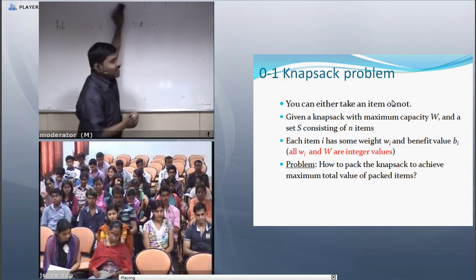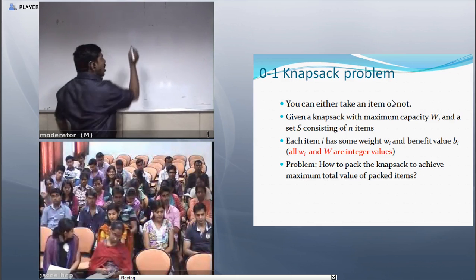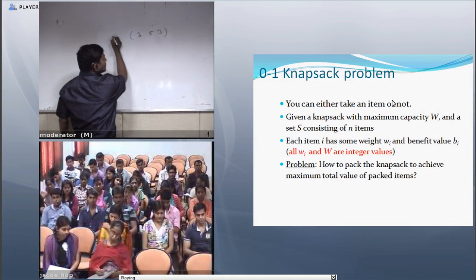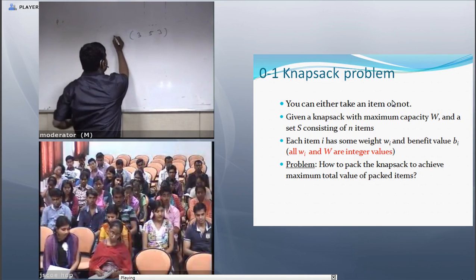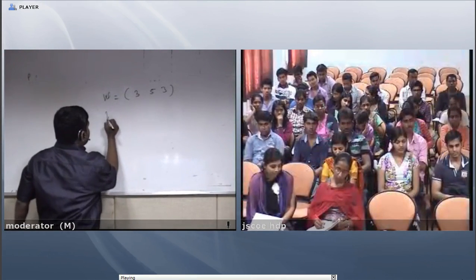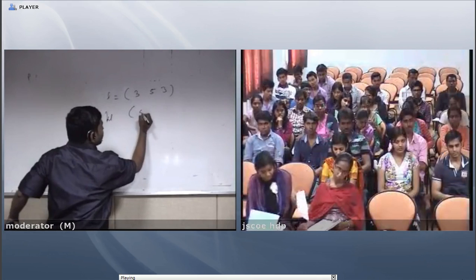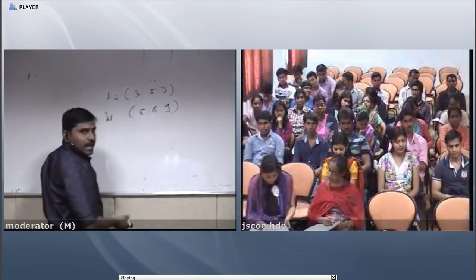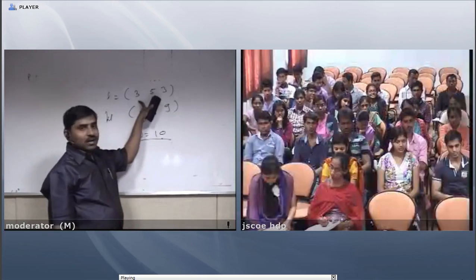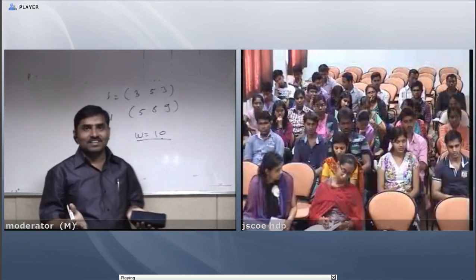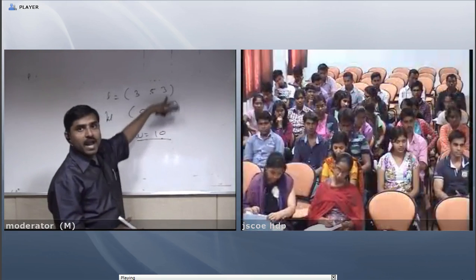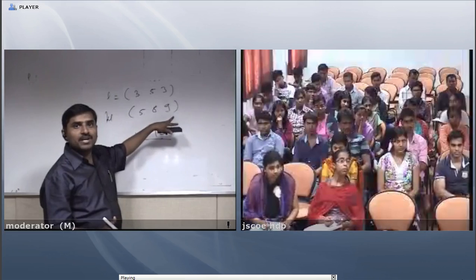I just see how many objects there are. For example, how many objects are there? Suppose 3. These are the objects. They give the value and weight of each object, suppose 5, 8, 9, and the maximum weight of the knapsack is 10. So I just calculate the combinations. Number of combinations 3, 5, 8. I just see the combinations.